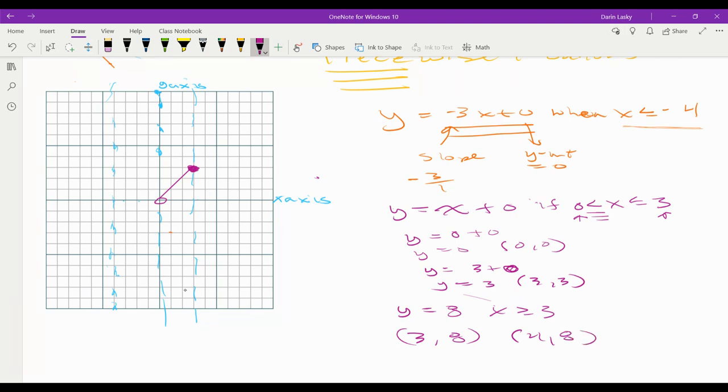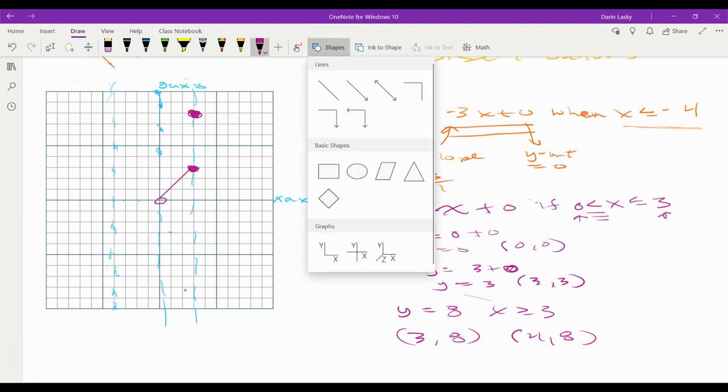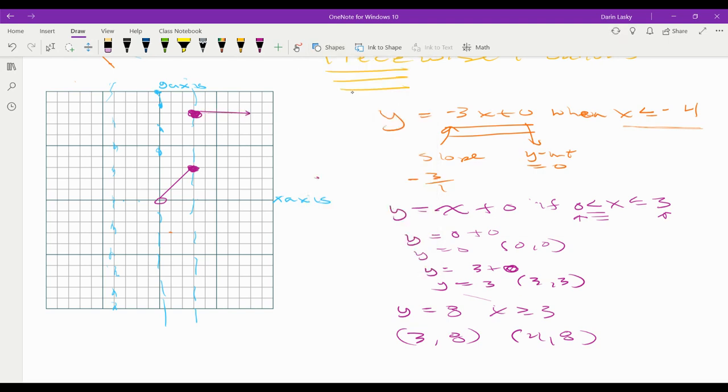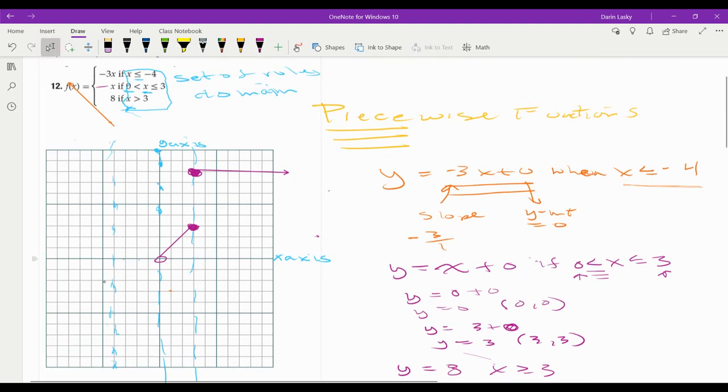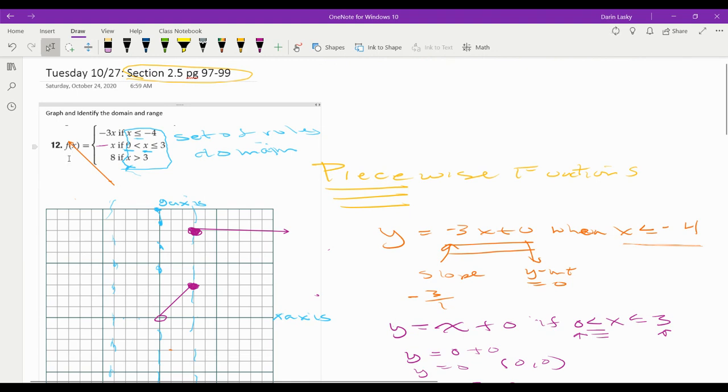So after this point, we're going to go up to 8. 1, 2, 3, 4, 5, 6, 7, 8. We're going to put a solid dot, and y always equals 8. So then we just take our line, and we draw it straight out this way. It's not a very straight line, but